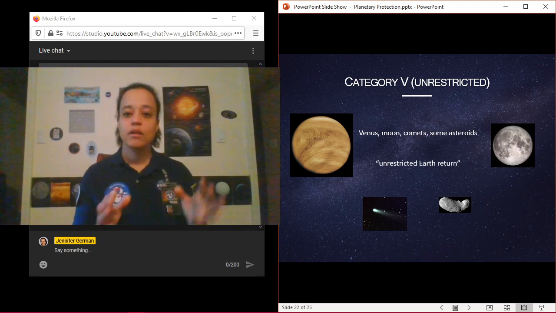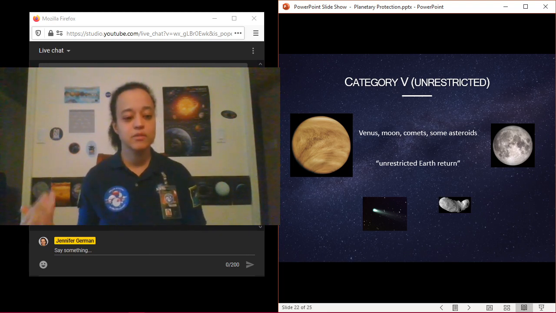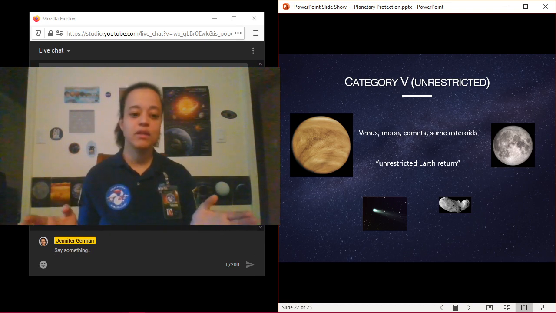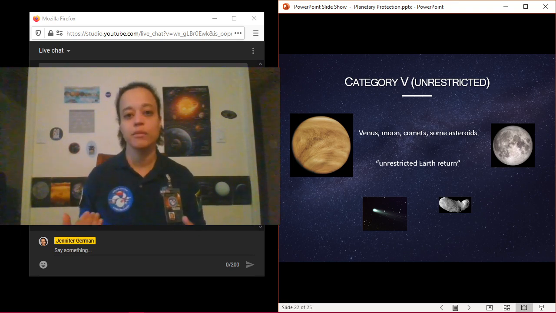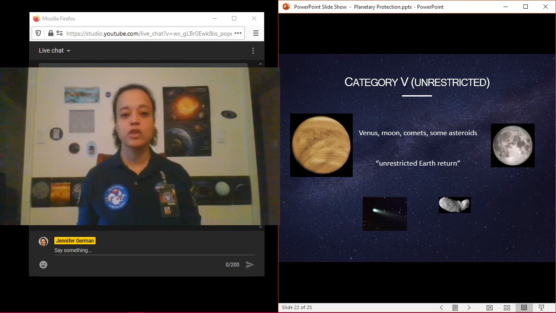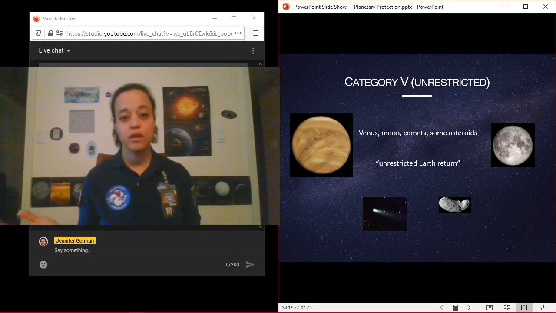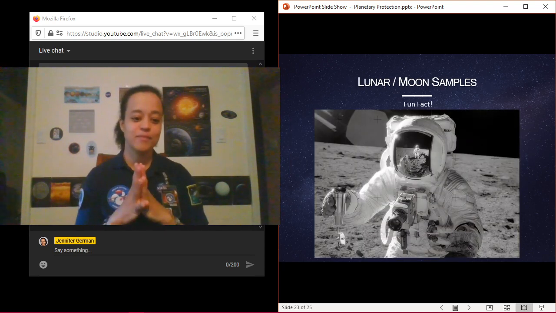While Category 4 maps very nicely to Category 5 restricted, as we just saw, Category 5 unrestricted is only assigned after review of a mission that is planning to bring materials back. So as space agencies make plans to return samples from other worlds, the list for either Category 5 restricted or Category 5 unrestricted is going to grow. Now, to talk about the moon specifically, fun fact,